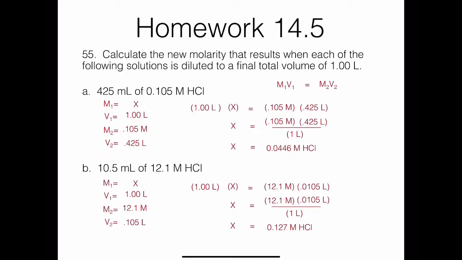In the next one, we're calculating the new molarity that results when one solution is diluted. So this is just a quick M1V1 = M2V2. Remember, it doesn't matter which one is 1 and which one is 2 as long as you pair them together. So we get 0.0446 molar HCl in the first problem and 0.127 molar HCl in the second problem, following exactly the same solving